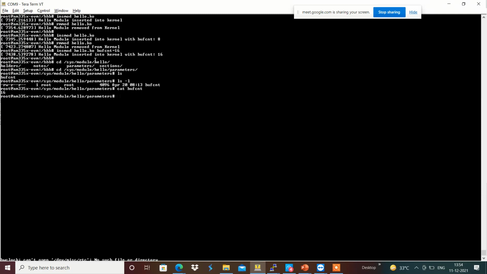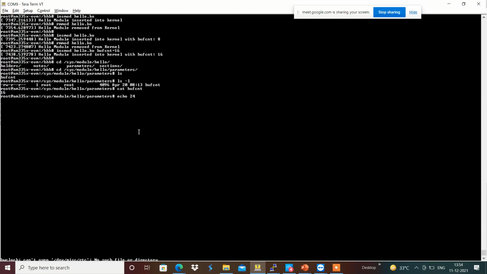We have loaded the kernel module with the buff count of 16, and since we have the write access from the root user, we can change the buff count value at runtime as well.